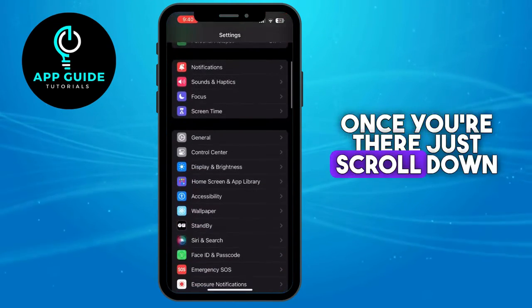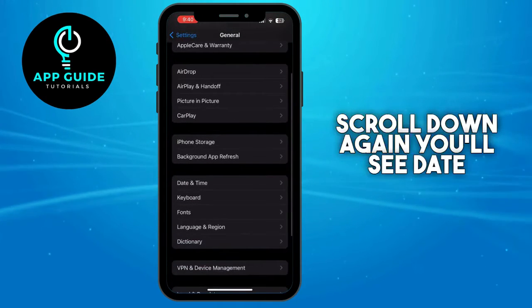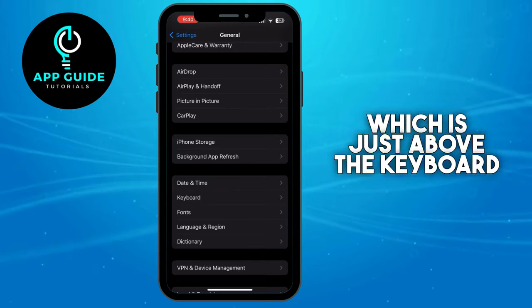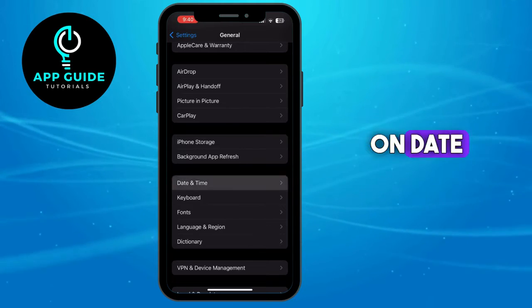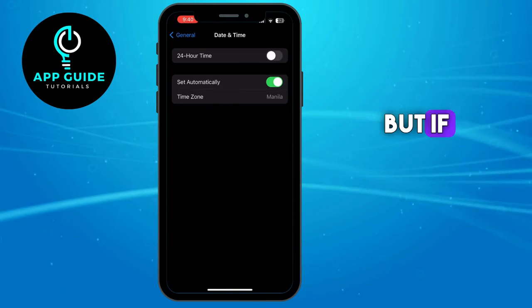Once you're there, just scroll down to General right here. Scroll down again till you see Date & Time, which is just above the Keyboard option. Tap on Date & Time, and here I have it set to automatic,